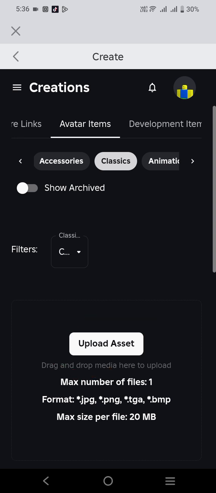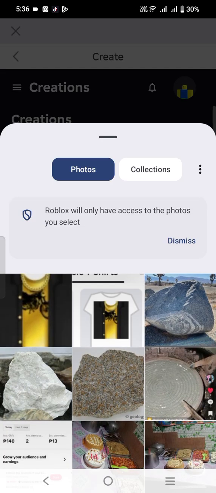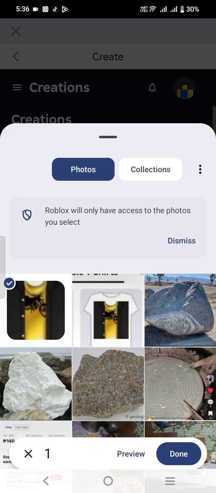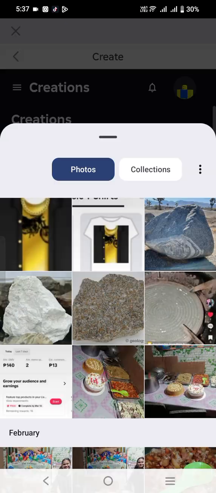So you need to press upload asset, and then press upload, and then this is where you're gonna press this. You screenshot it and edit it.